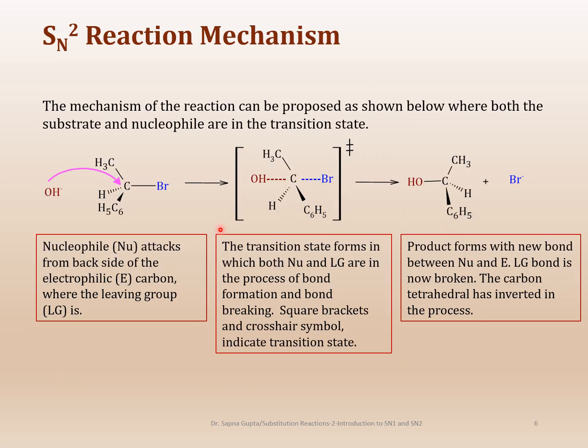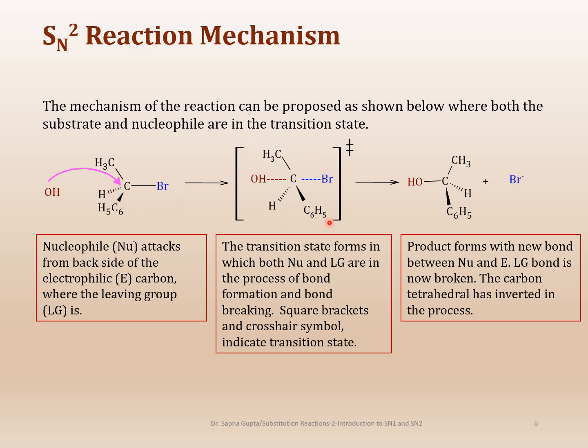So once we know it's a second order reaction, now we can try to predict a little bit of the mechanism for this reaction. So here is the substrate, okay? And remember what this second order means. It means that the transition state involves both the substrate and the nucleophile. That is the whole point of the second order reaction, okay? So here is your substrate. Here is the nucleophile. The nucleophile is attacking the carbon center, which is the substrate,